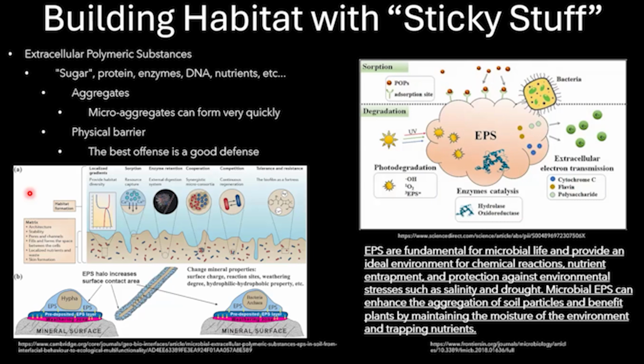So I want to take a few minutes and dig into that a little bit more. We referred to it as EPS before, usually extracellular polysaccharides. It's kind of shifting. The verbiage is still EPS, but now we're starting to call it extracellular polymeric substances, because research is showing more and more that these microbes are not just using sugar as a glue to bind things together. They are putting all sorts of stuff in there. It's not only sugar, they're also pumping in proteins, so we've got a little bit of nitrogen storage in there that the plant and the microbe can utilize. We also see a lot of enzyme deposition in there.